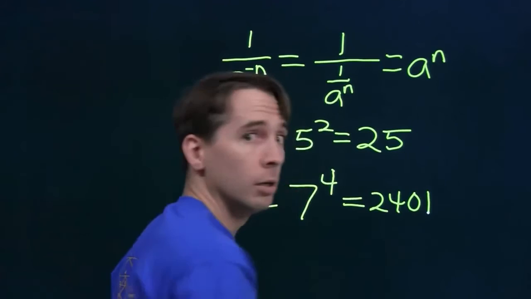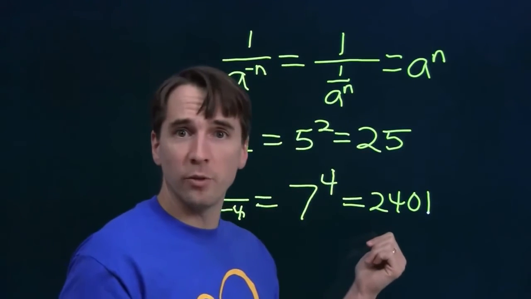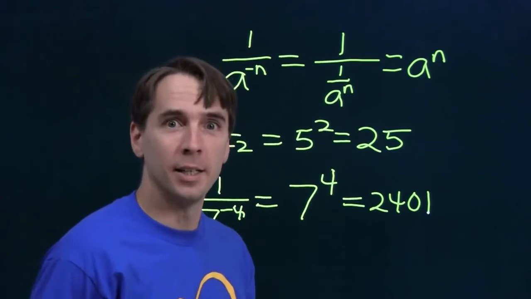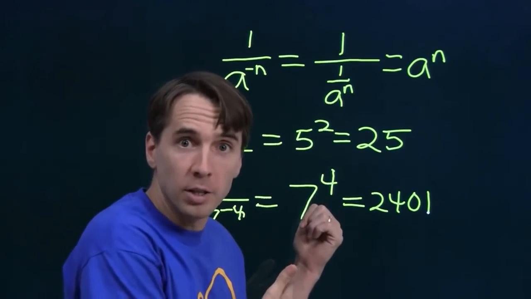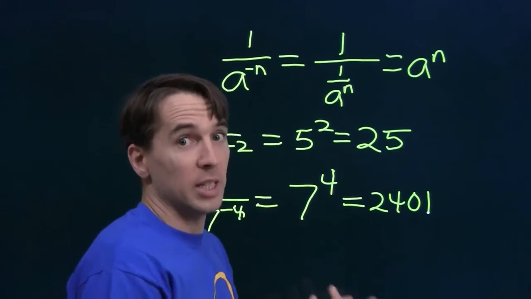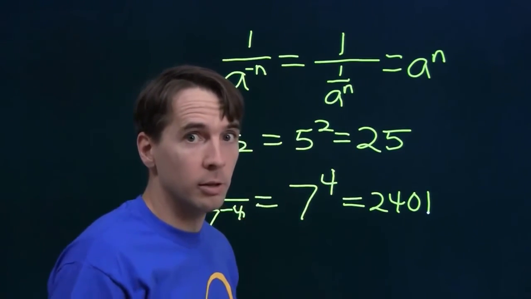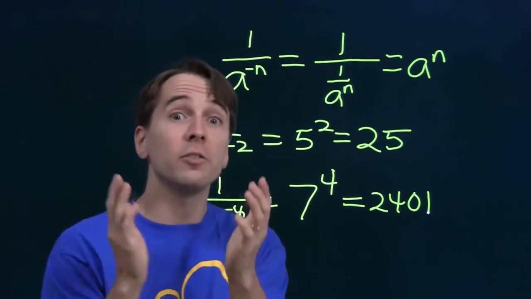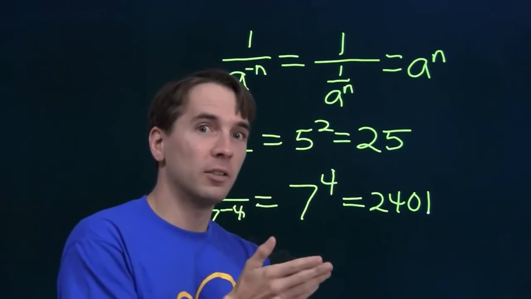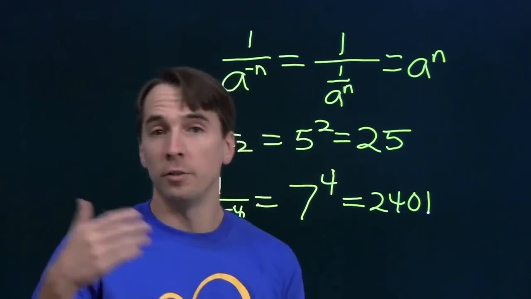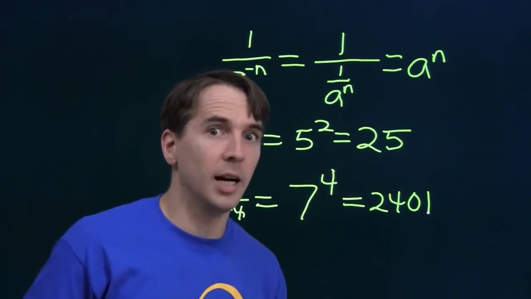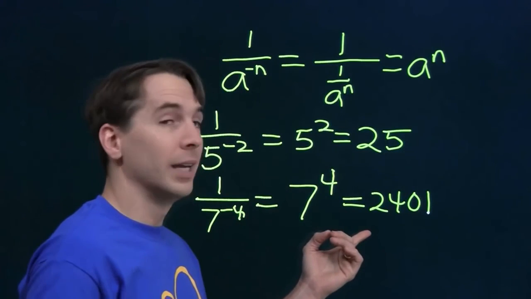What's that? How did I know 7 to the 4th is 2401? Ha! I used my super secret squaring trick. At 4th power, it's also a square. 7 to the 4th, it's the same thing as 7 squared, 49 squared. This is 49 squared, and you can get to 49 squared by starting from 50 squared and subtracting 50 and subtracting 49. 50 squared is 2500. You subtract 50 and 49, you're subtracting 99. You get 2401, and we're done.